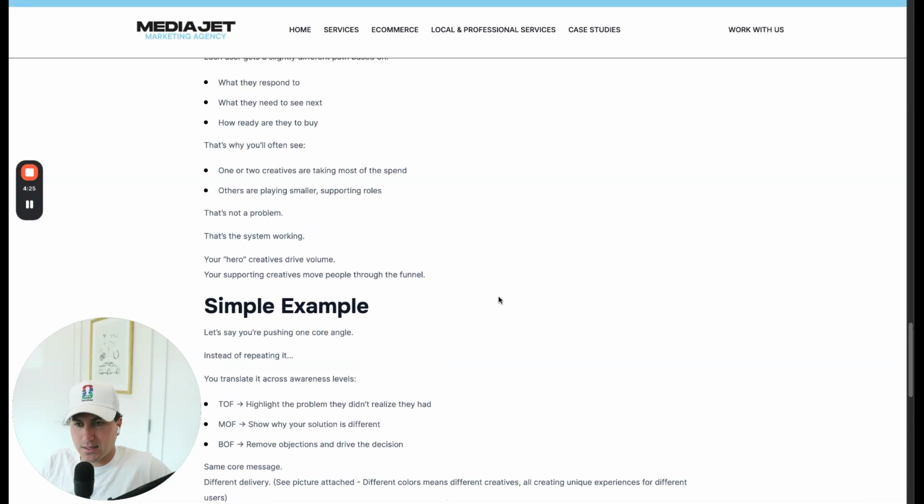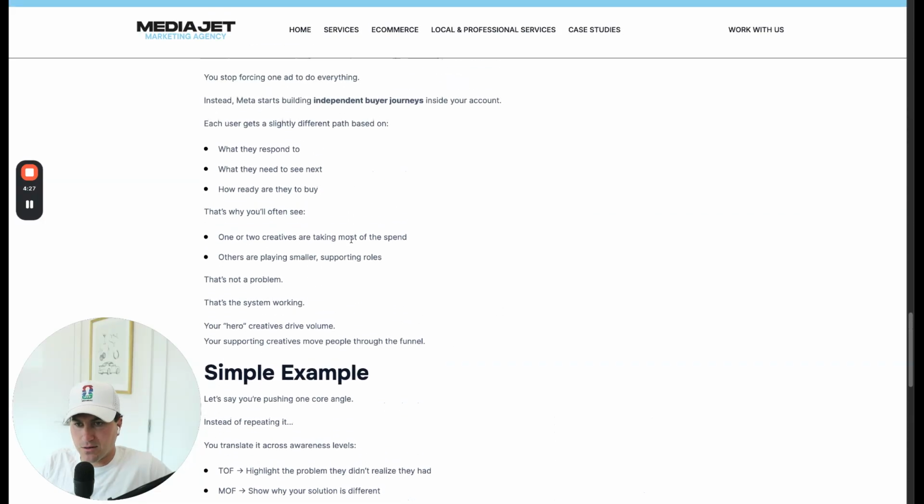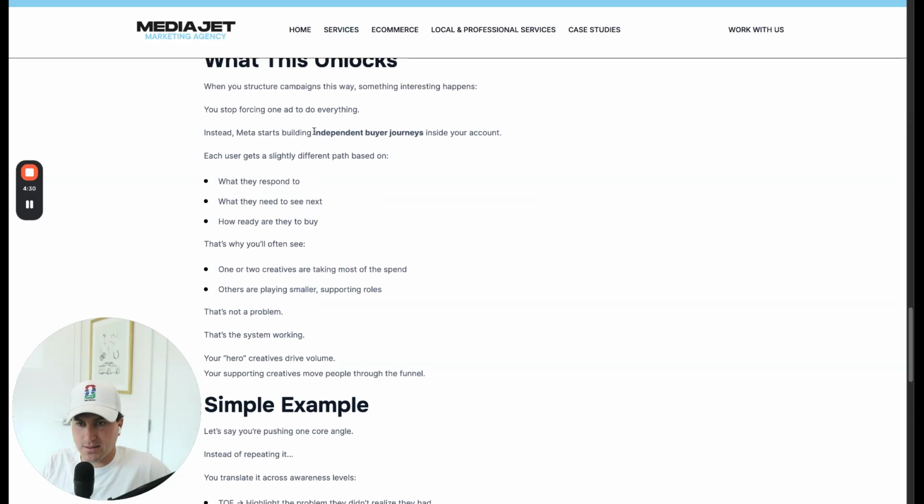But the last thing that I will share from this part of it is the independent buyer journeys, right? How do you know that this is happening? You'll know because some creatives are taking a lot of the spend, others are taking less spend. What does that tell us? It tells us that a funnel happened, an experience happened.